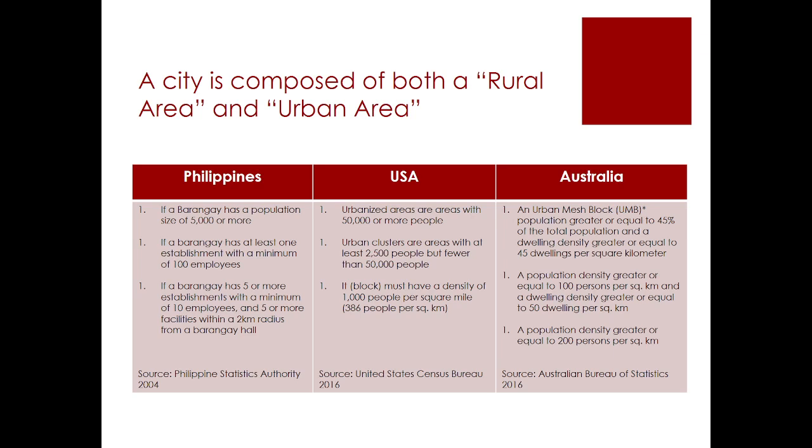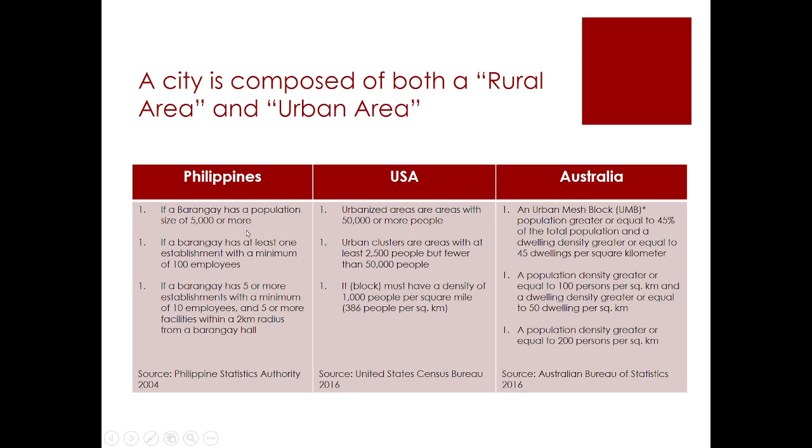Because if everything is built up, where do you get your food? There are vertical farms, but undeveloped land, basically farming land, is really still the best way to produce food and other resources. Like where do you get your water? You get it from the river, clean river water. You need to maintain that. If you develop on top of that, what you get is sewage waste, unless you have some kind of crazy water purifying scheme. Anyway, in the Philippines, what is classified as urban is that if an area, a barangay, has